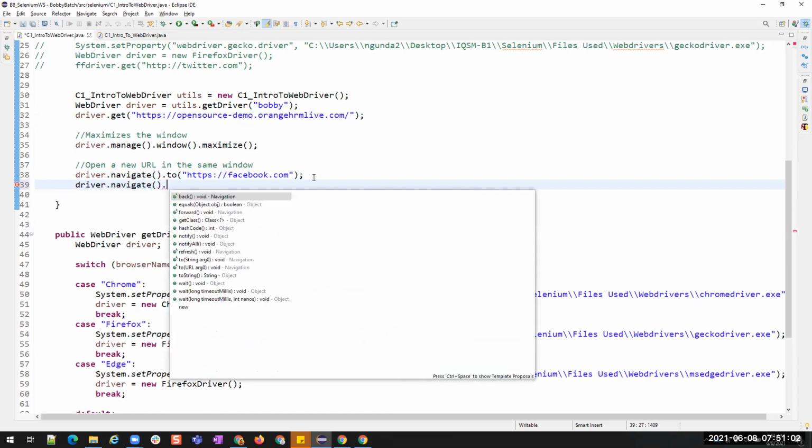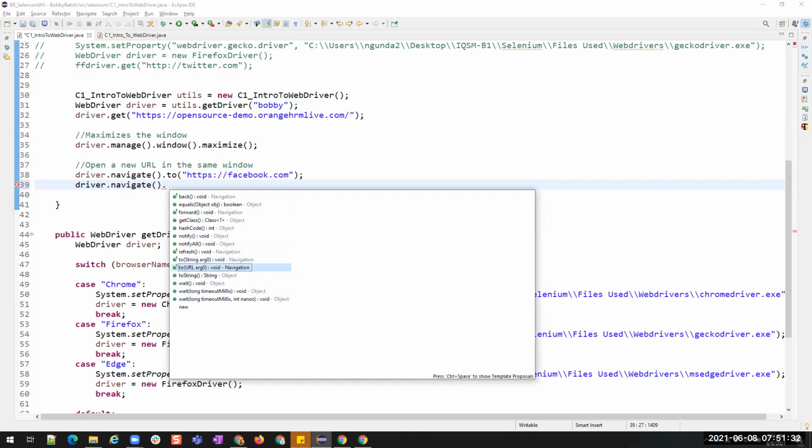On navigate, you see we have back, forward, and refresh. The other methods are from the Object class, which we can ignore. Only these are for navigation. So we will be able to go back, go forward, refresh, and open a new URL.